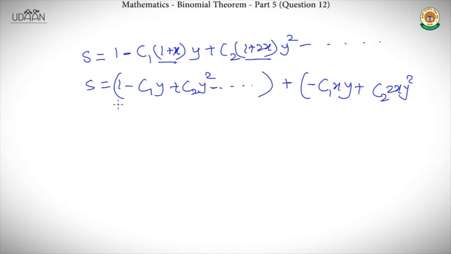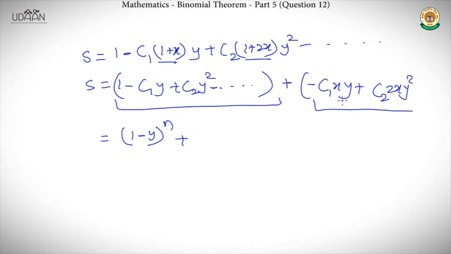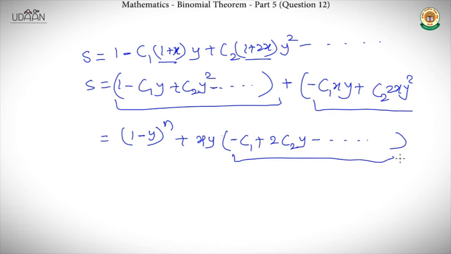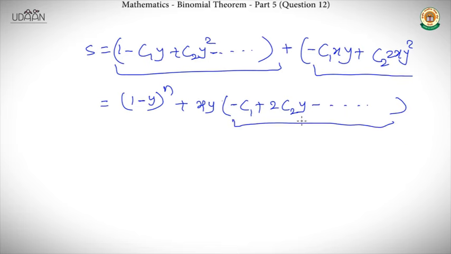So the first bracket is obviously the simple binomial expression, 1 minus y whole raised to n. So plus this, we will get xy common out from the bracket. So xy into minus c1 plus 2c2y minus, like this. After seeing this sequence, we'll get an idea about the term 1 minus y whole